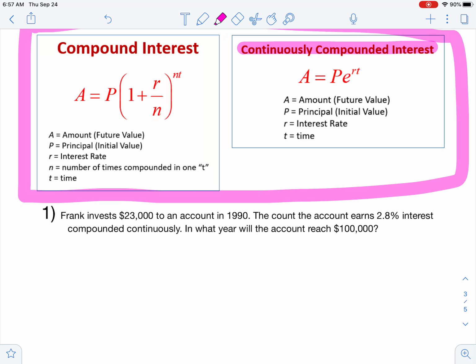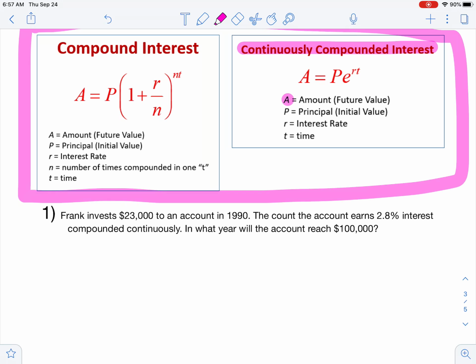Number one says, Frank invests $23,000 to an account in 1990. The account earns 2.8% interest compounded continuously. In what year will the account reach $100,000? So in this problem,